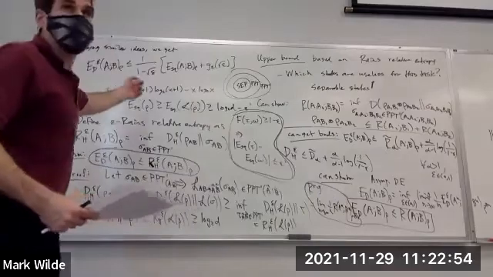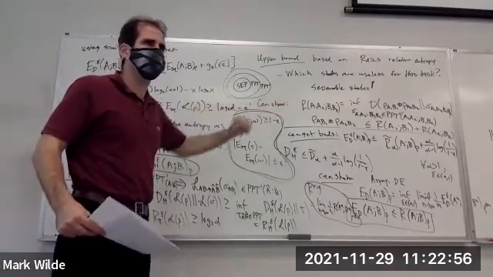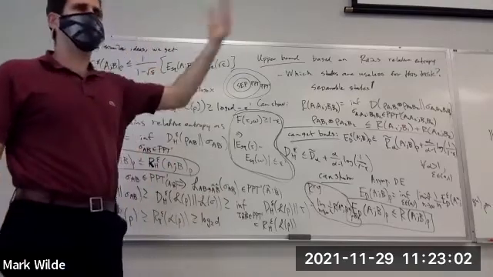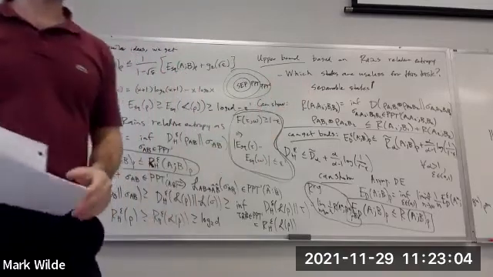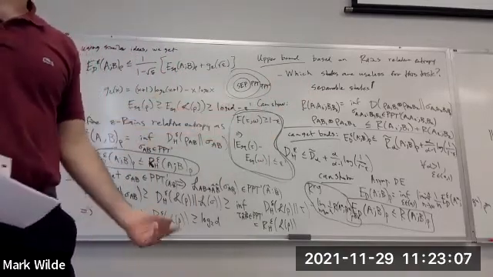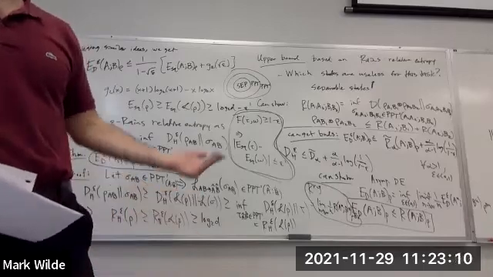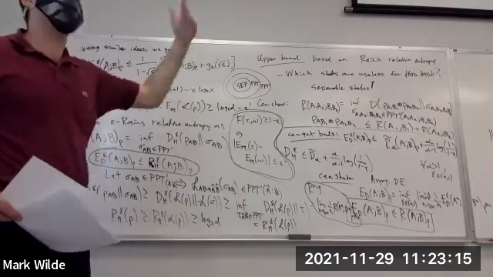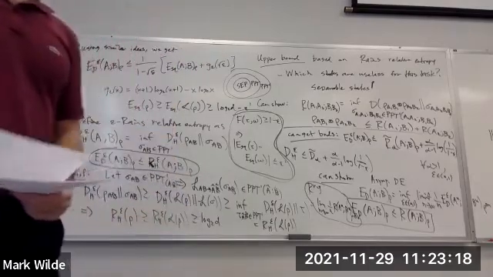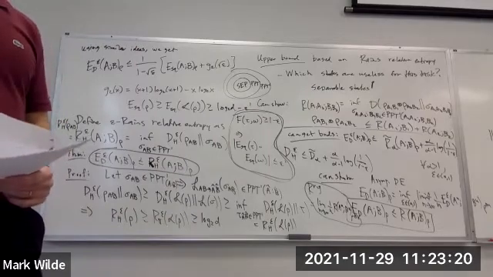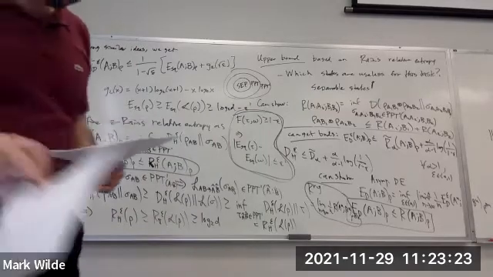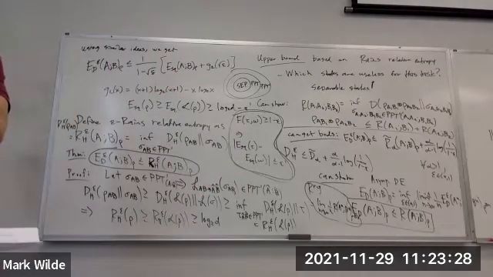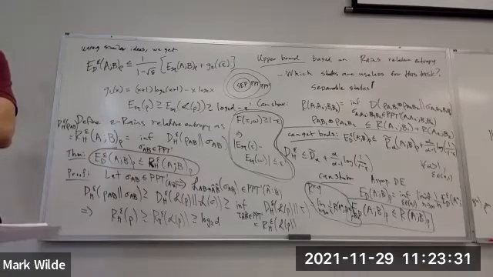Squash entanglement is additive, so this regularization doesn't do anything for it. It's already additive. The main problem with squash entanglement is you have this infimum over an extension system that can be arbitrarily large. And so that's what makes it hard, if not impossible, to compute. But if you're interested in an upper bound, you just try to make clever choices of the extension. You get an upper bound. All right. If there are no other questions about the upper bound, we'll move on to lower bounds.